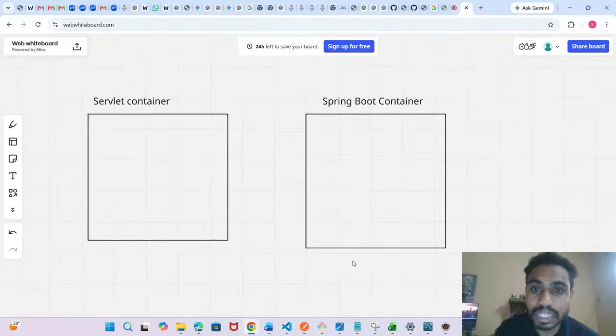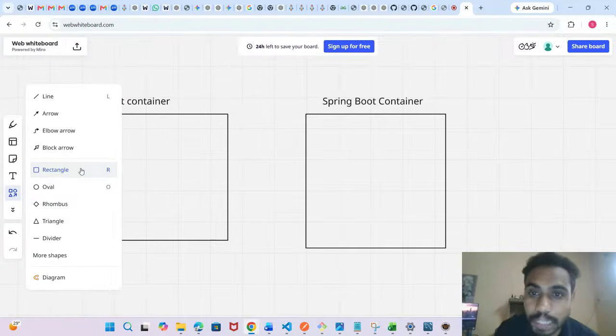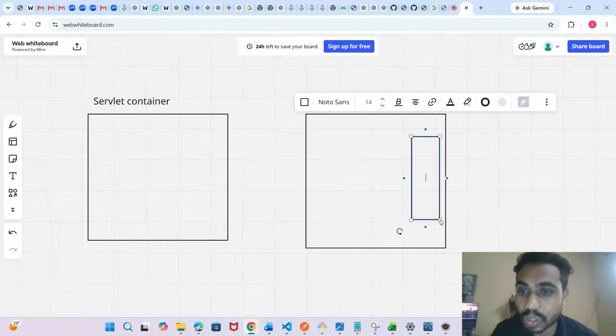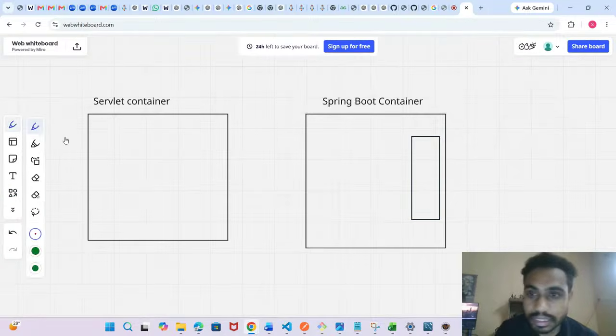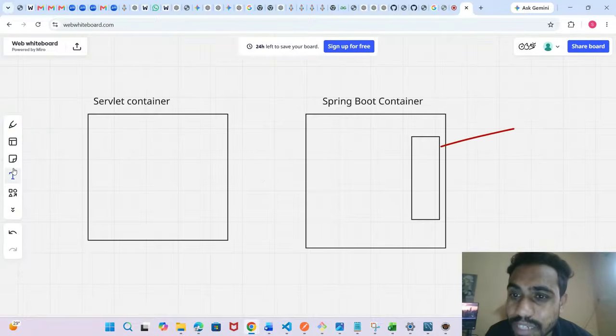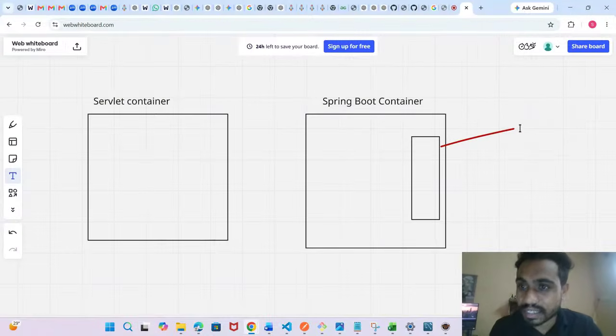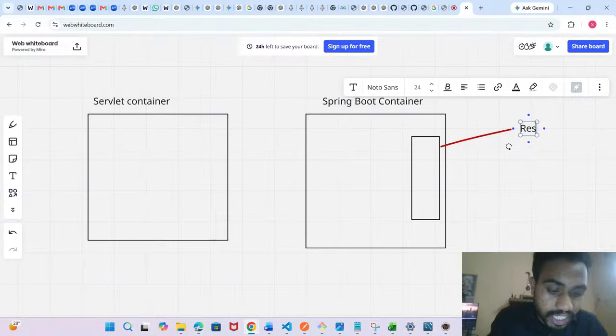So in the Spring Boot container, there are multiple modules inside, guys. So this is the controller. Let's assume, whichever you see daily, the normal REST controller. This is the controller layer, you can say REST controller.